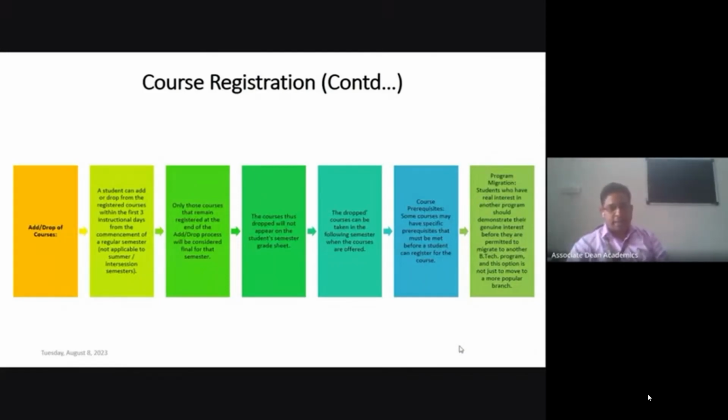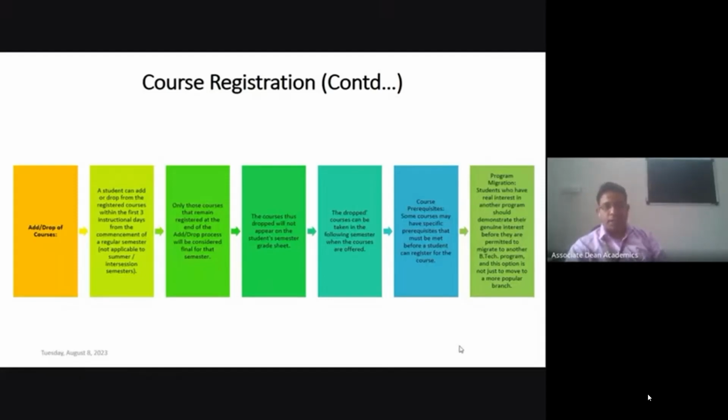Any student can add or drop from the registered courses within the first 3 instructional days from the commencement of classes for a regular semester. But dropping a course is not allowed for summer semester or interim semester.